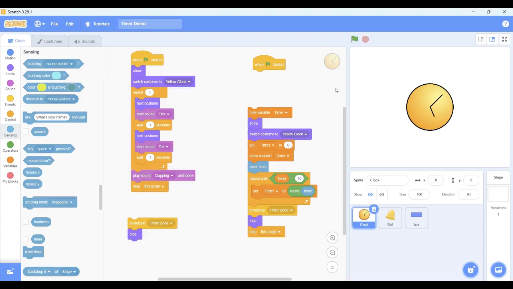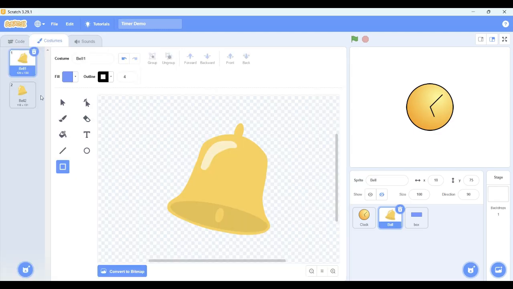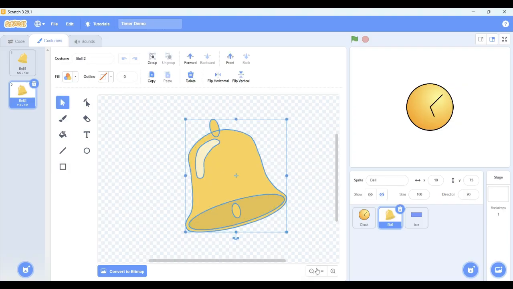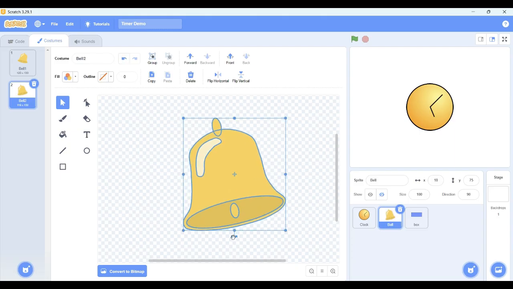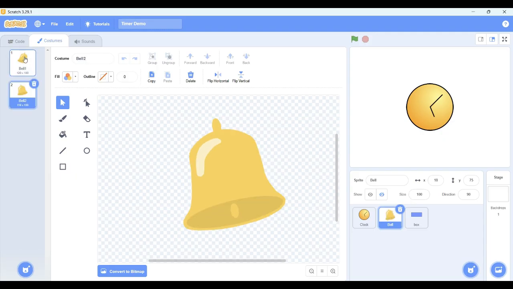But then I wanted to do something cool where I added a bell. And so I have a bell sprite over here. My bell, I changed it by rotating it. So I grabbed it with the mouse tool, right? And I used this to rotate it. So I've got bell 1 and bell 2, and if it goes back and forth, it's going to look like